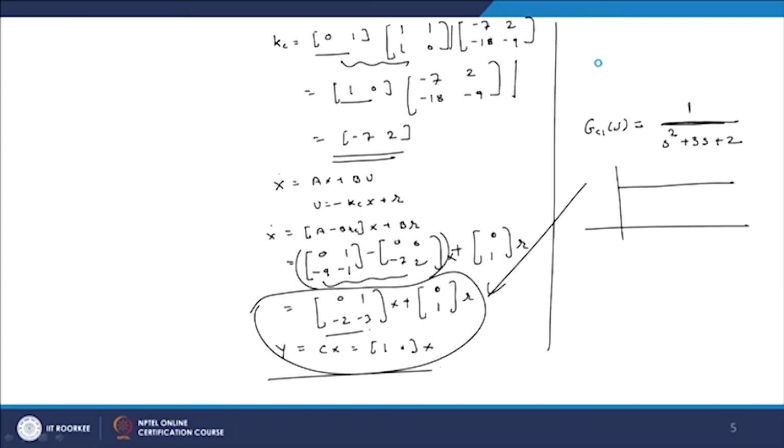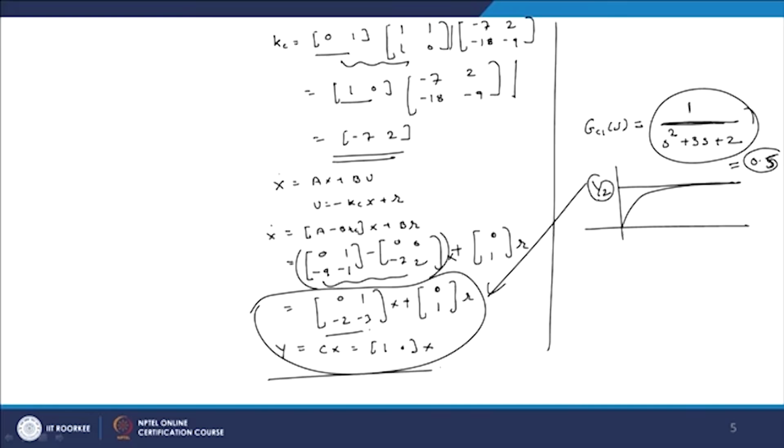But about the steady state, the steady state for this plant for step input is 0.5. So, it is 1 by 2, that is 0.5, and the response is like this. Our reference is 1, but the output will reach 1 by 2, that means there is a steady state error,